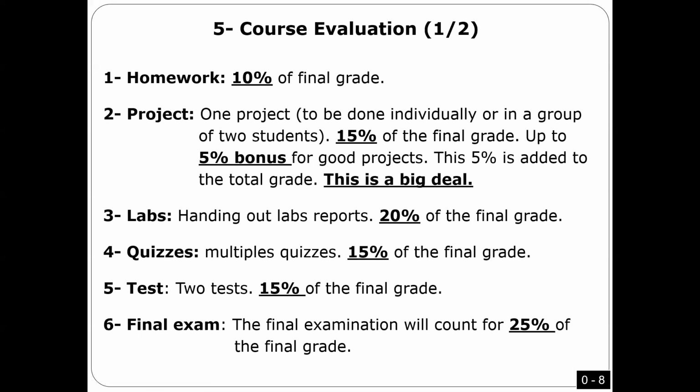In very rare cases it was more than 2, but you need to justify. For example, I remember there was a big project, and they asked me, we are 4 students. I said it's okay because the project is big enough to be 4. But normally it is individually or 2. The project is going to be 15%.